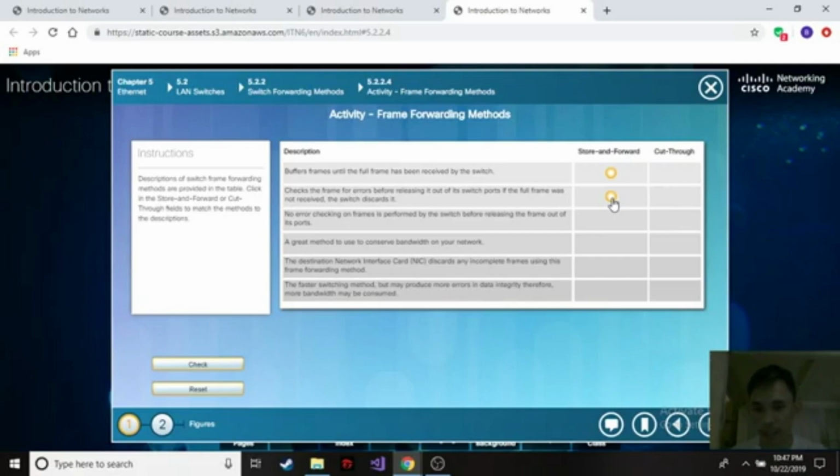So next is, no error checking on the frame is performed by the switch before releasing the frame out of its port. So I'm sure that it is cut through. Next is, a great method to use to conserve bandwidth on your network. It will fall under